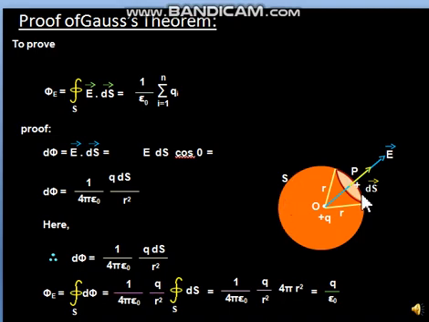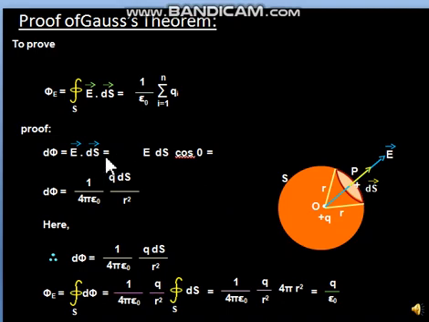So basically phi calculation we have to do. Now phi calculation is not done directly. We always calculate d phi first. So d phi formula is E vector dot ds vector or E ds cos theta. So what we need to do now, of this whole sphere S, we have to assume a small ds area, and over this small ds area we have to draw an outward vector. This vector will be denoted as ds vector. So first thing, ds vector we have obtained.